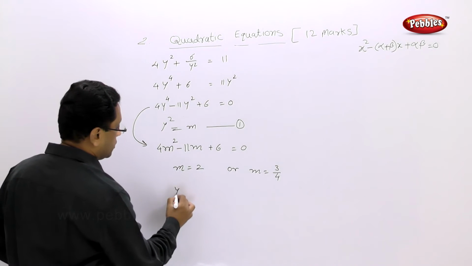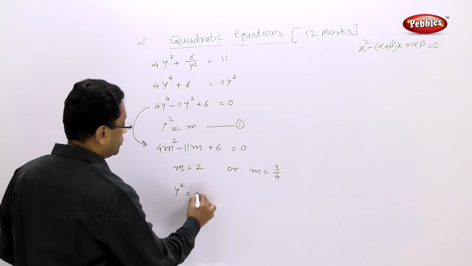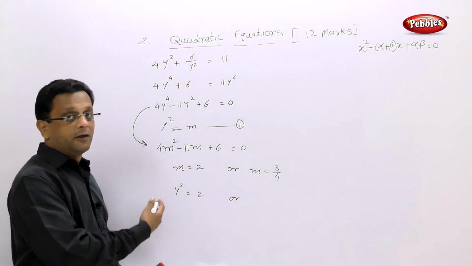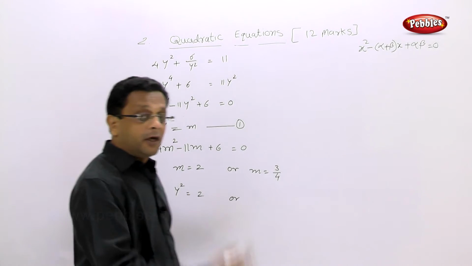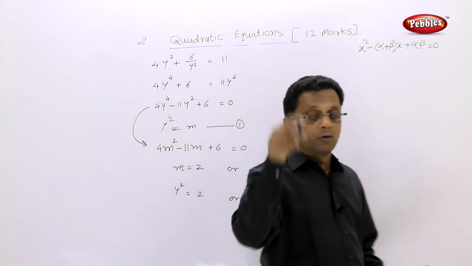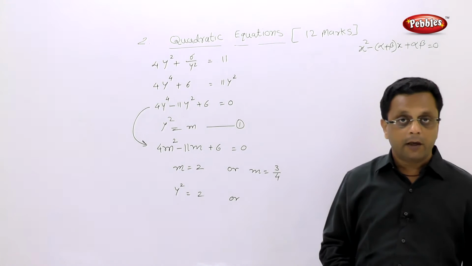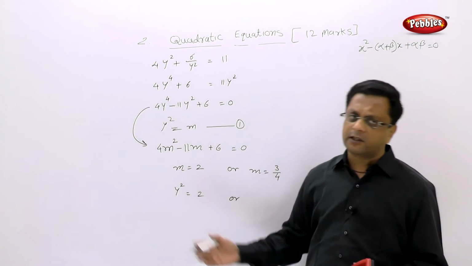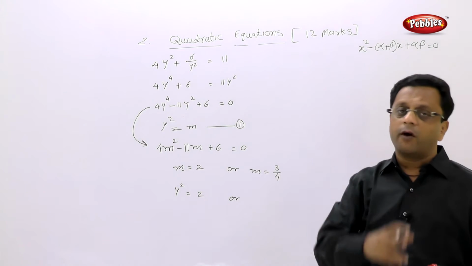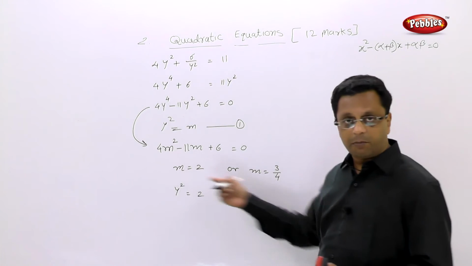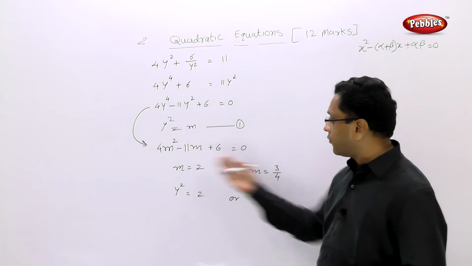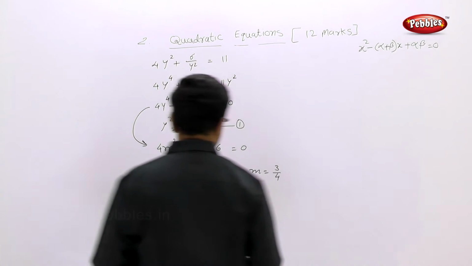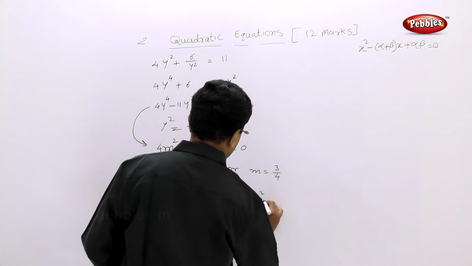I will get y square is equal to 2. I have not written here "substitute the value of m into equation 1," but you have to write that. I will not tell you again and again. I'm just skipping that step, but you have to perform that step. Write here one statement that substituting the value of m in equation 1, we get y square equal to 2, or y square